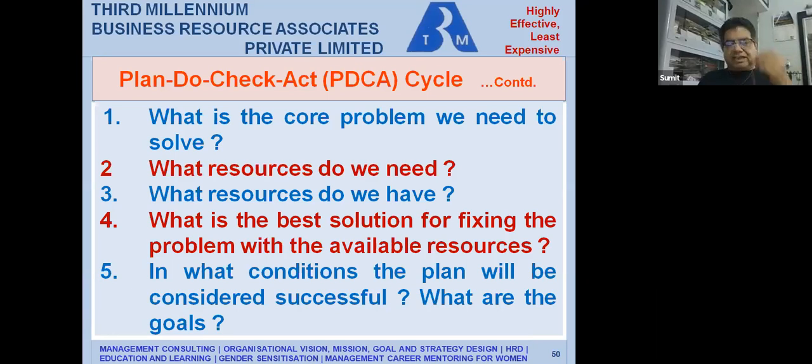And of course, the last part, as you can see, is what are the goals? That is where you set the deliverables. When will you believe that you have succeeded? If I achieve a turnover of this, if I achieve a profitability of this, if I achieve entering 2 new countries and become an international business, and then in 5 years' time, I enter 20 countries and become a global business kind of. Right? So that is the planning part. Before we finish the planning part, we should have answers to these questions.